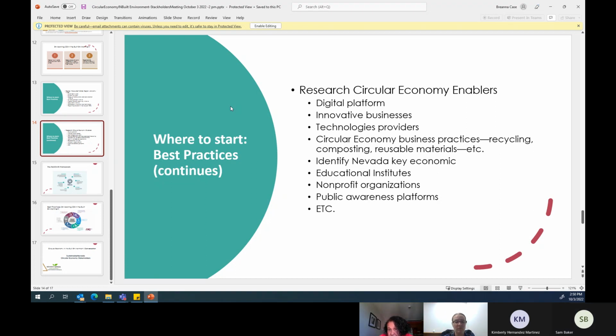I encourage everybody to do that, including what you are doing. What you are doing is an example and should be written in the report as part of the circular economy. You are the circular economy enablers. The technology, the best practices you are doing, all is geared to material efficiency.